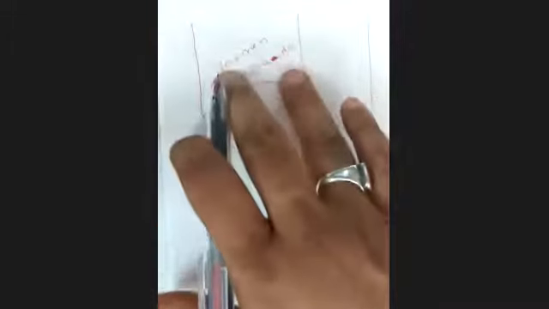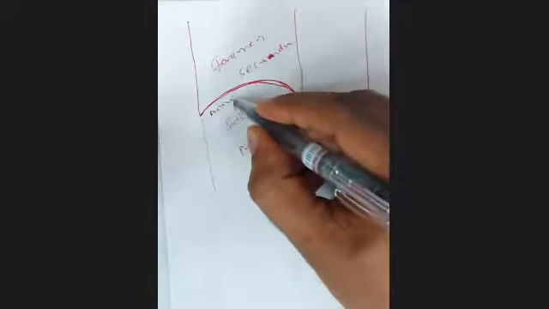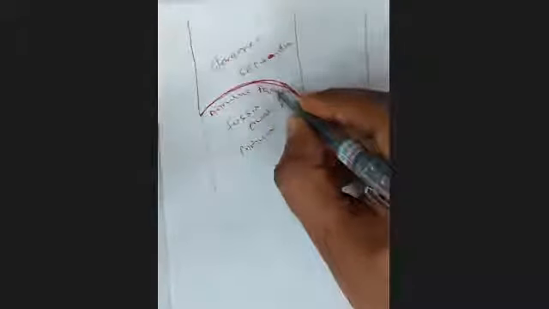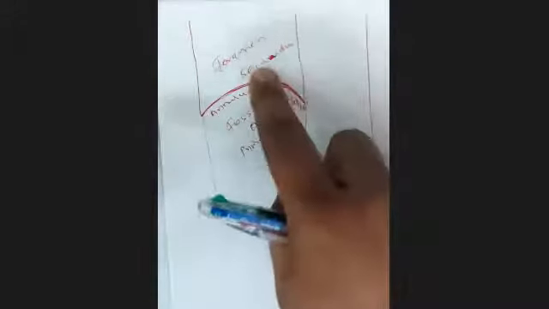And why do we say thin? Because above that is the secundum, which has come from the top. And this secundum is so thick compared to primum that its lower border is called the annulus fossa ovalis. We think that this is fossa ovalis and this is the border of fossa ovalis, the annulus fossa ovalis. But the annulus fossa ovalis is the lower border of septum secundum. So these are the stages of development of the interatrial septum.